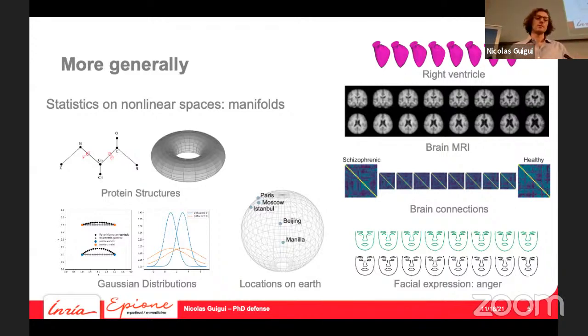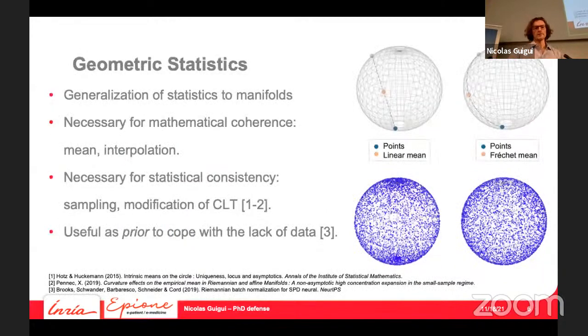So each amino acid residue can be characterized by two angles, yielding a data set on the two torus, which is nonlinear, or locations on Earth lie on the sphere, which is also nonlinear. So all these examples are examples of data that lie on a manifold, and for which we need to perform statistics and machine learning. And this field can be called geometric statistics, and encompasses the generalization of statistics and learning methods